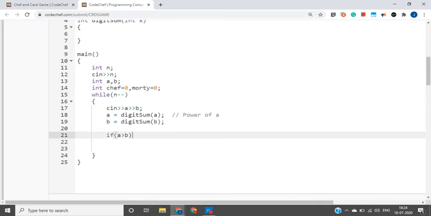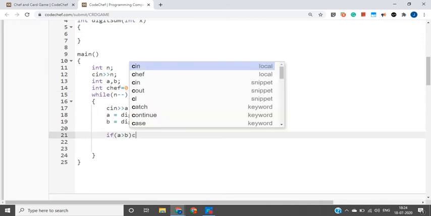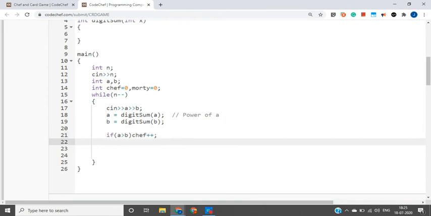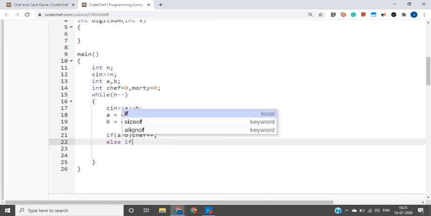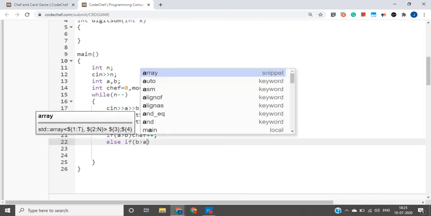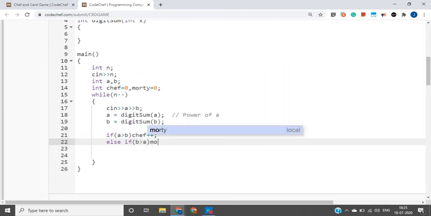And once we have done it, now we are going to increment the marks of chef. Why? Because here the power of chef is more, right? Now the next case maybe the power of Morty is more next time. So we are going to use else if, and here you can say that the power of Morty is more, so B is greater than A, and we are going to increment the marks of Morty because now Morty is